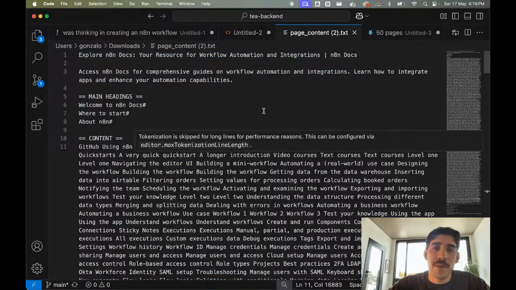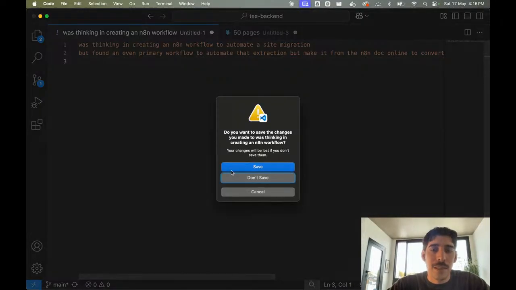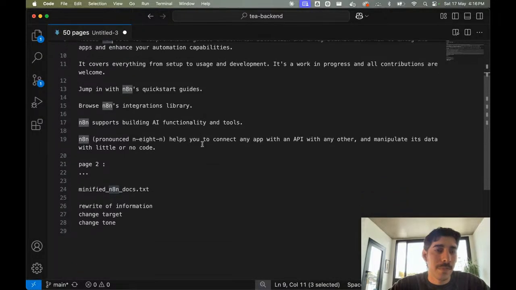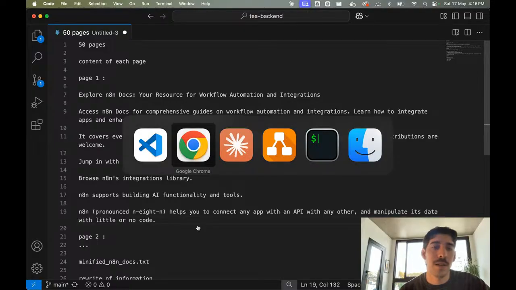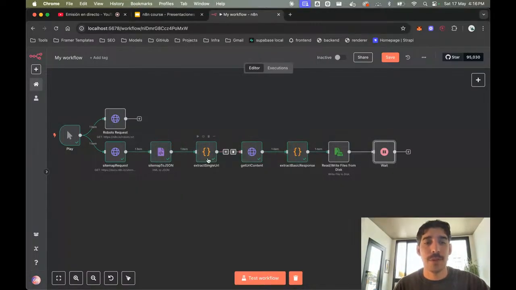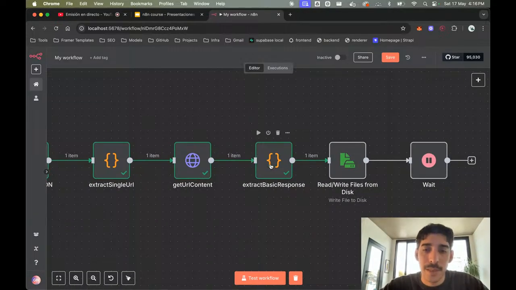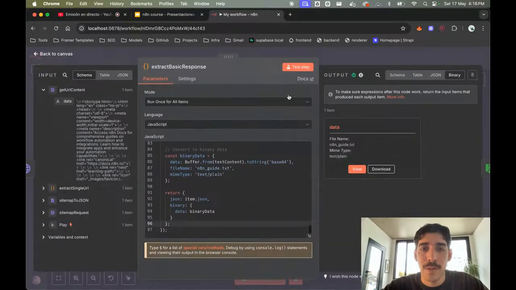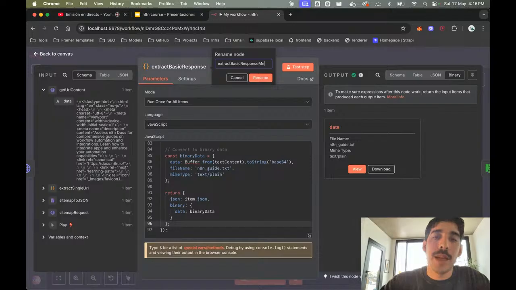So there's a lot of information there, and extracting what is valuable is definitely an art in itself. You could even try to approach this in a different way. For example, you have a node in which you have the whole HTML, and instead of extracting a basic response, let's say we call it manually.